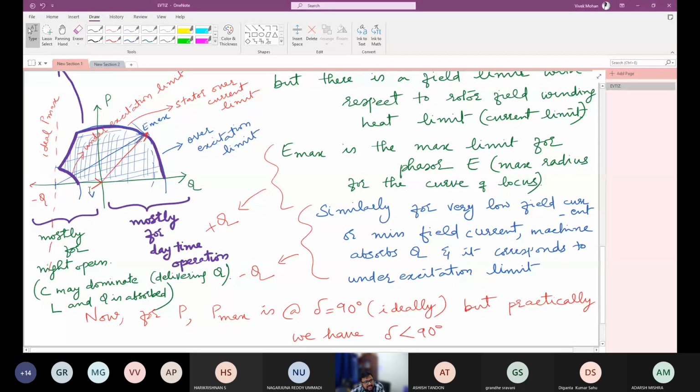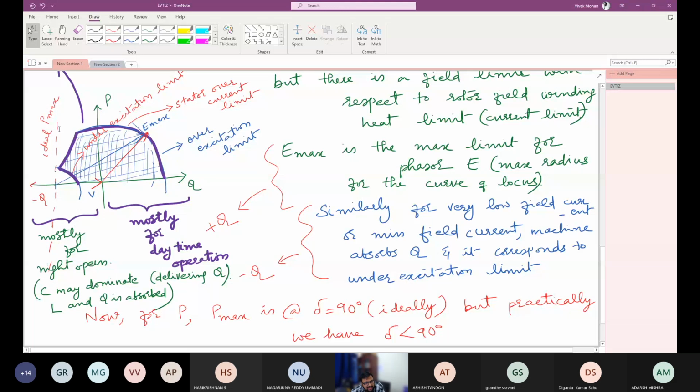Now what decides the active power limit? We have the stability limit with respect to power angle del. So here we have the angle between E and V as del, right? Now ideally or theoretically del can go up to 90 degrees. So this vertical line should be the Pmax. But practically the machine does not operate here. It should have sufficient stability margin. So it will operate somewhere here only. So that is why this curve is given here. This curve corresponds to the Pmax of the machine with respect to stability limit, or with respect to the range